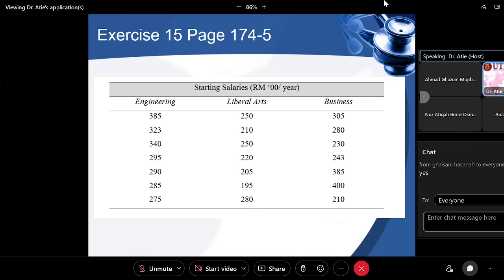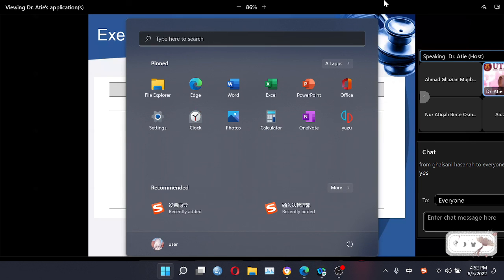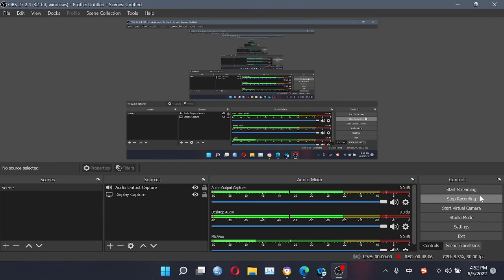So what you need to do is put all the data in SPSS. I really hope that you still remember how to enter the data. And then you need to complete the ANOVA table. Try to get the information, fill that in, and then answer questions A, B, and also C. Okay, can you please do it now? Maybe you can write